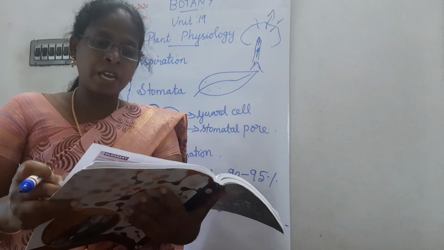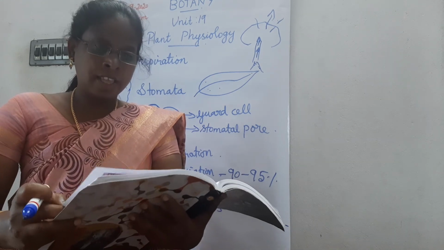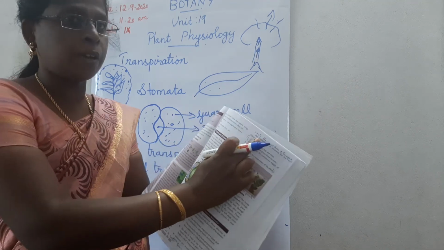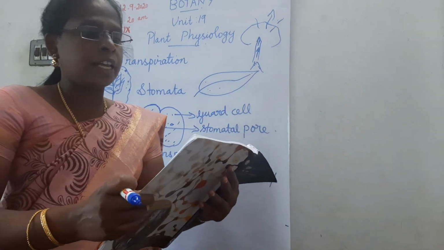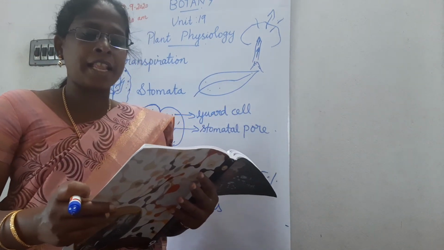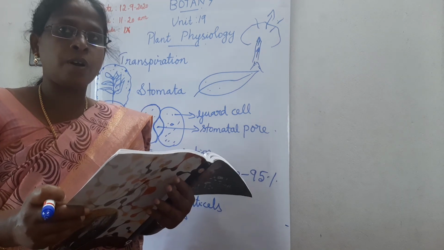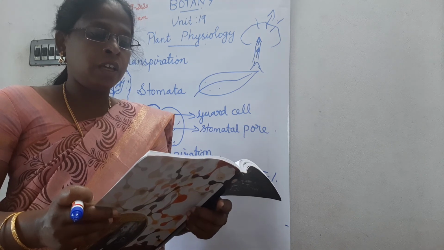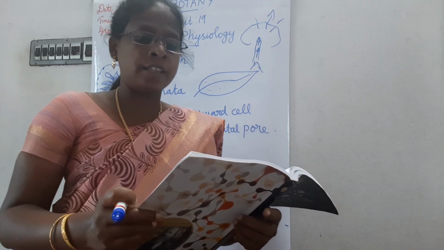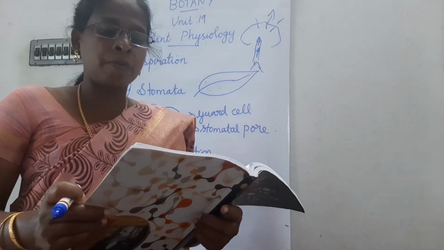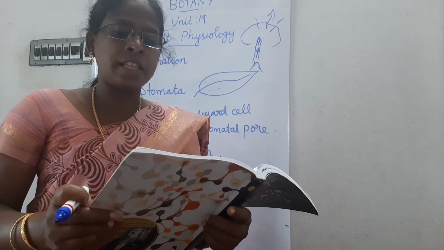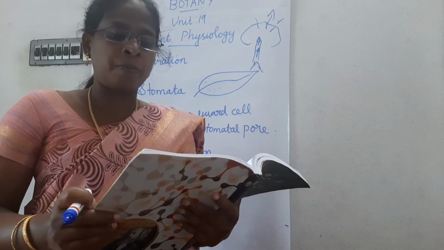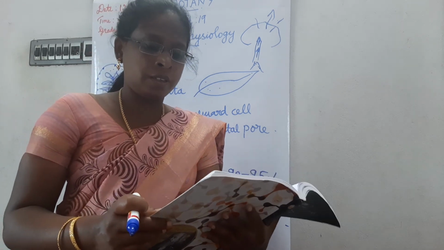Next, the same page, the second part, first para here. You can write the question, write the importance of transpiration. That 4 points you have to mark. It creates a pull in a leaf and stem. It creates an absorption force in roots. It is necessary for continuous supply of minerals. It regulates the temperature of the plant. That 4 points.